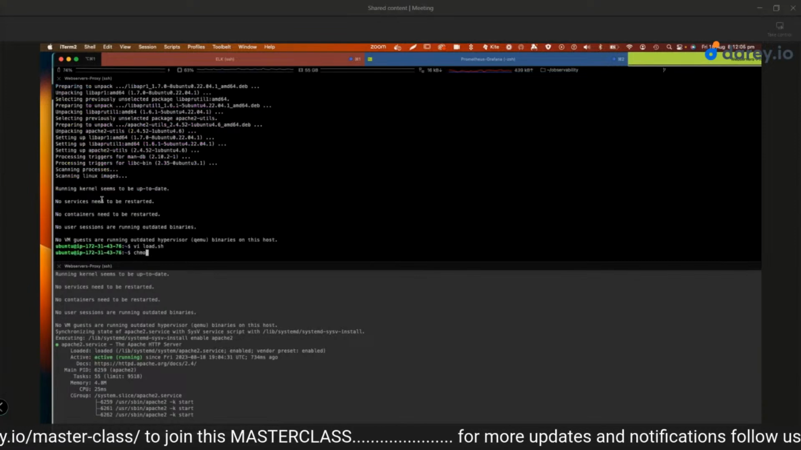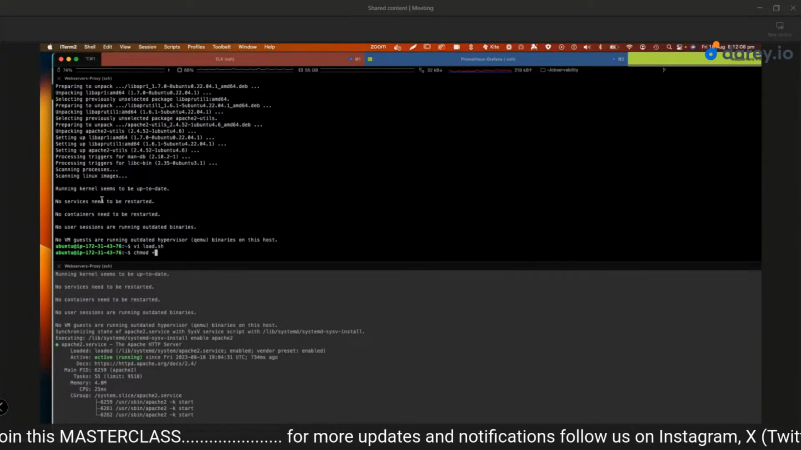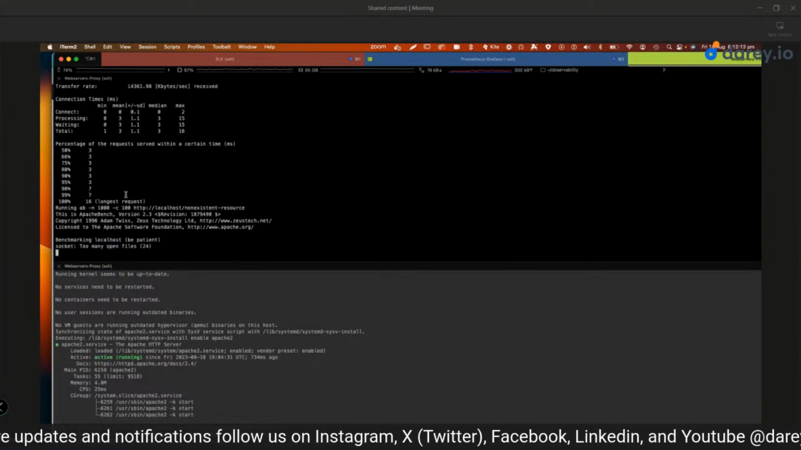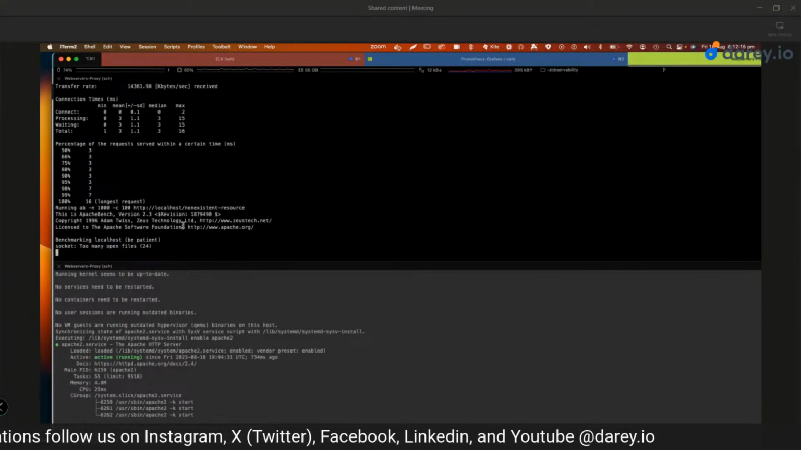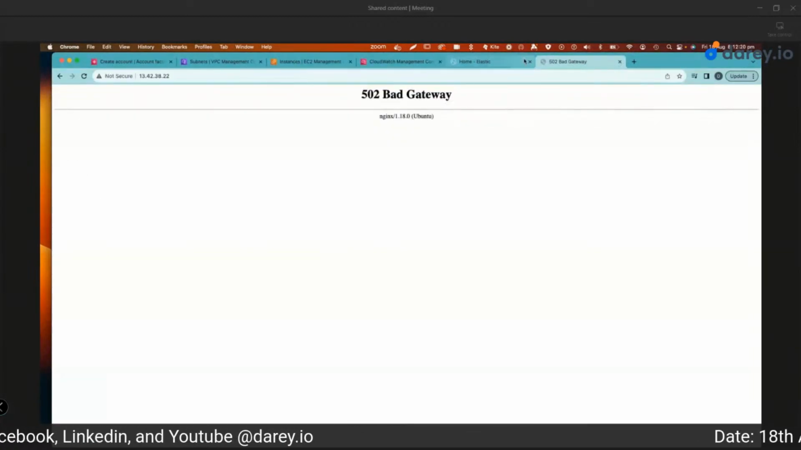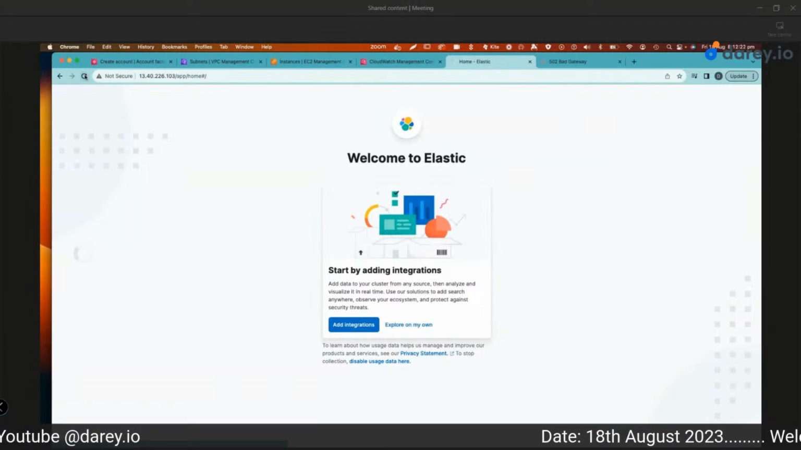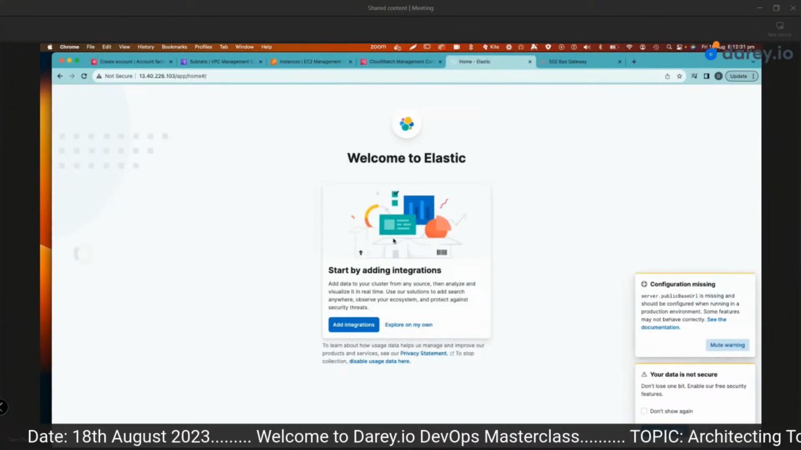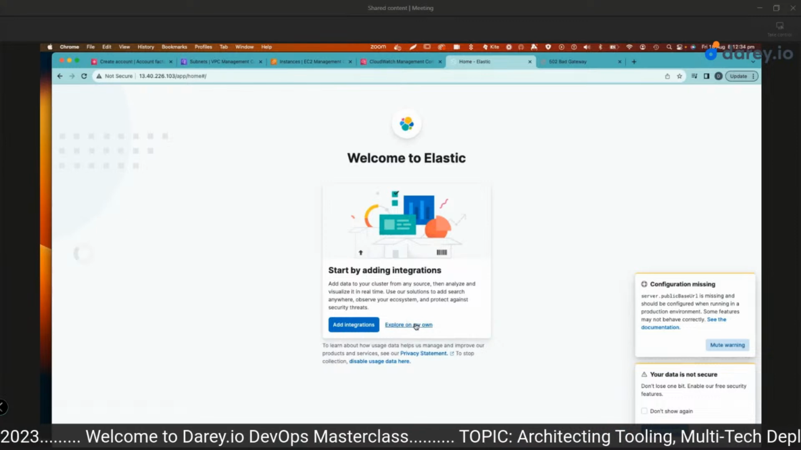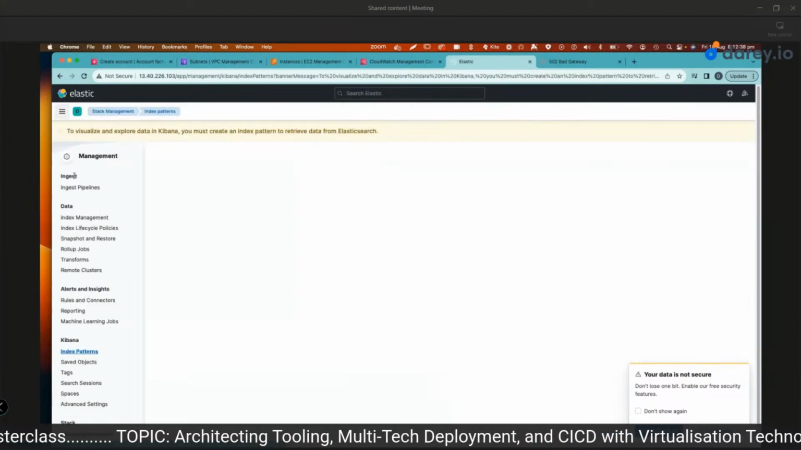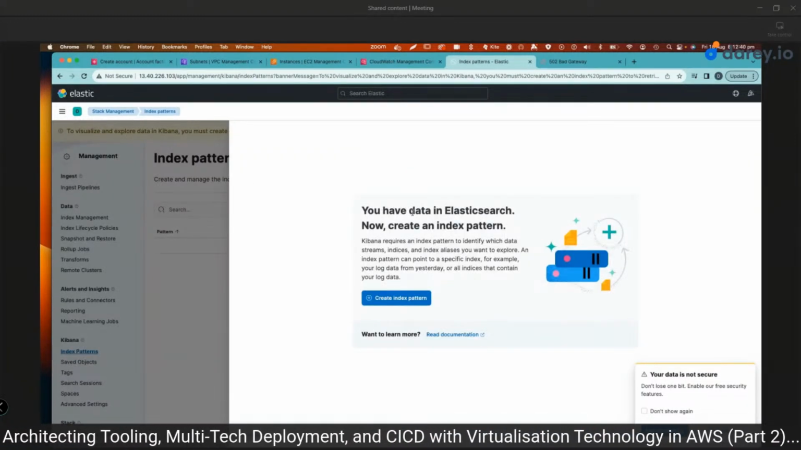So if I chmod +x load.sh, and then I'm going to run this script. This will start simulating load. So let's see if we start seeing data come through to Elasticsearch. Okay, all right. So let's click on explore on my own. Okay, and then if we go to Discover, it says you have data in Elasticsearch, now create